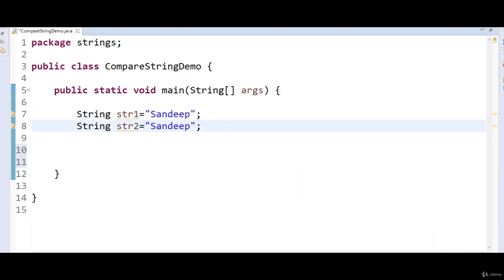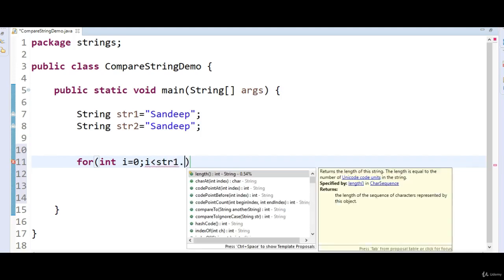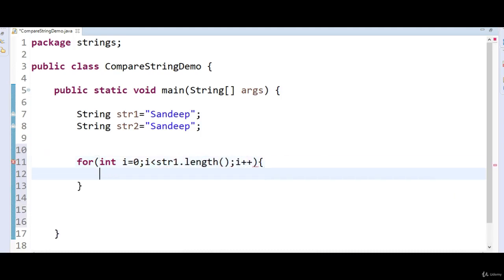So for that I'll take a for loop: for int i equals 0, i less than str1.length, i plus plus. So first take for int i equals 0, i less than str1.length, i plus plus.